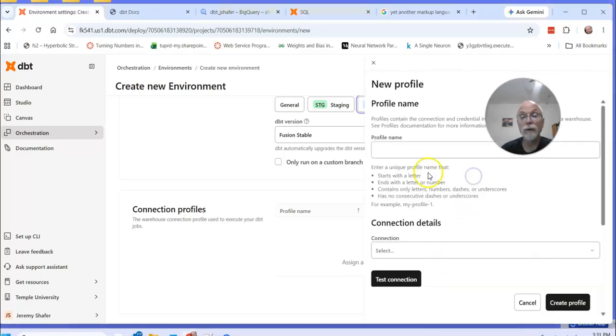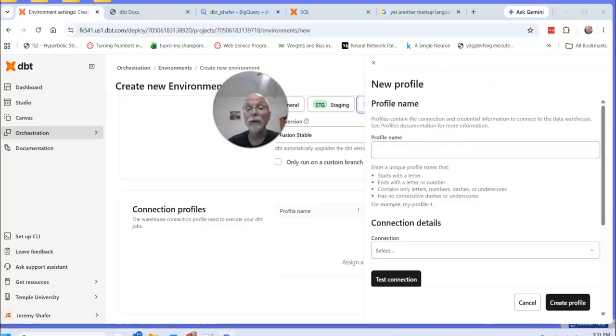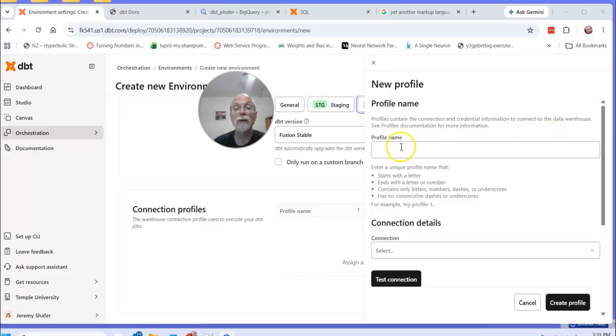I'm going to create a new profile, create a profile name. I don't know exactly what I'm doing here. Profiles contain connection and credential information to connect to the data warehouse. All right, so I guess I'll call this the deployment profile. I just made that up, and my connection is my one and only connection,